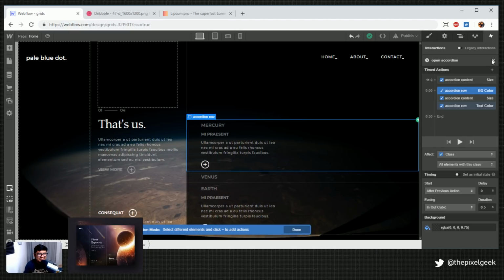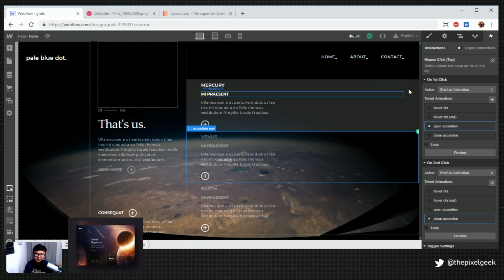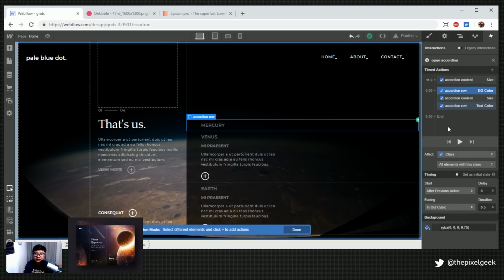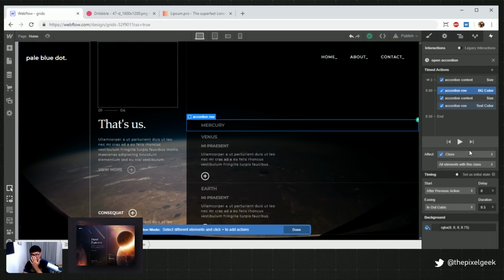Let's keep going. Alright, so accordion row. Why aren't you working? So this one's affecting all elements of this class. So maybe I'm doing it wrong. Do I have to create one for each? I don't think I have to. That's just so weird.